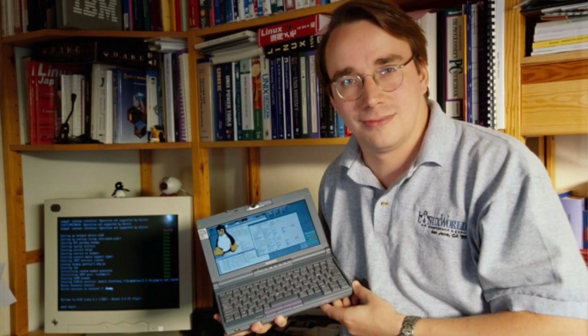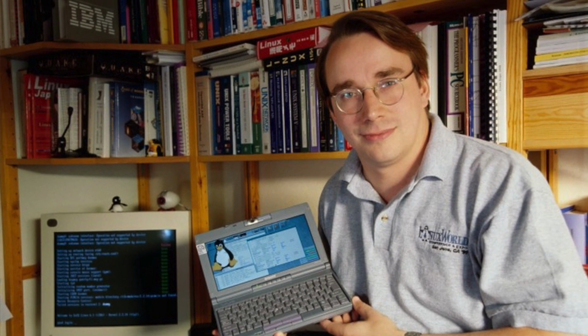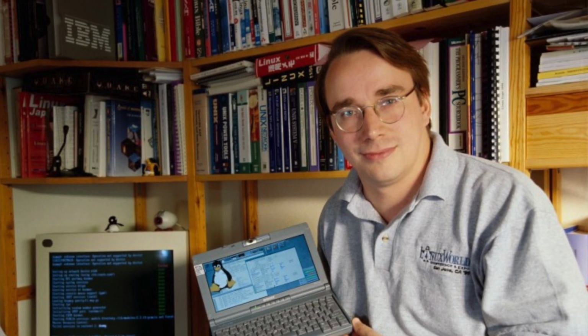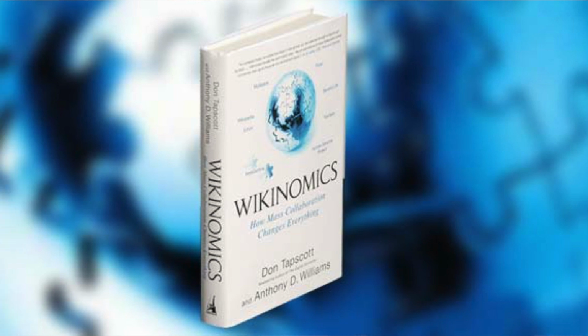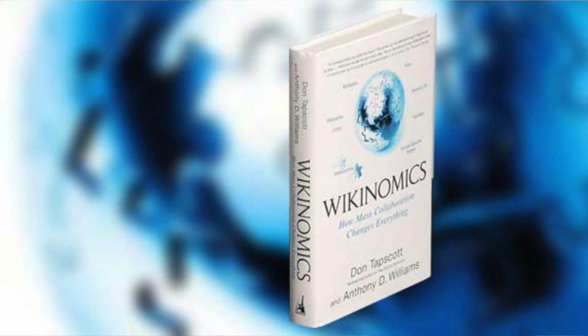Linus Torvalds, who initiated the Linux revolution, basically wanted to build a cool operating system for the whole world because he could not afford an operating system when he was a student at the University of Helsinki. He wanted the software to be free, and he wanted the collaboration of many talented programmers who could improve the software for free. Similarly, Wikipedia's collaborative encyclopedia project led to the Wikinomics model of open innovation, where user-generated content began